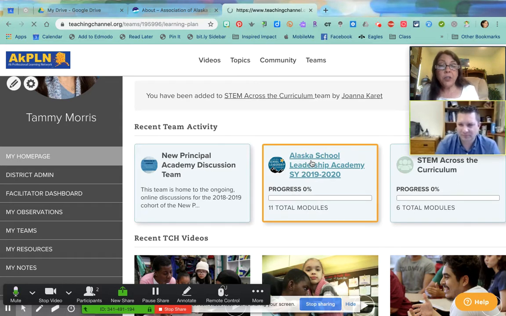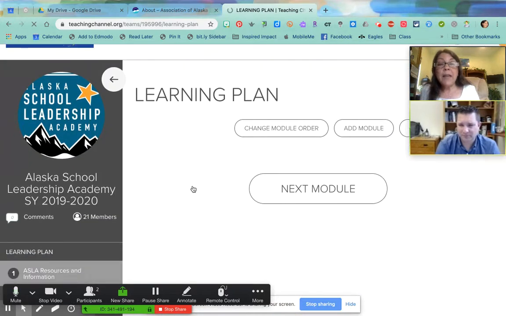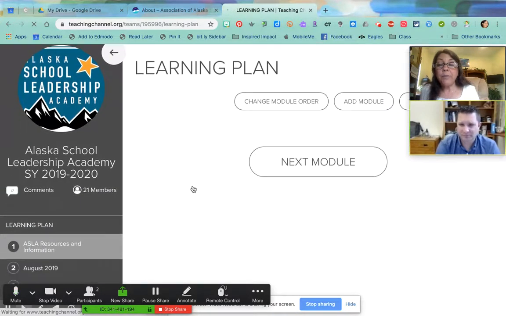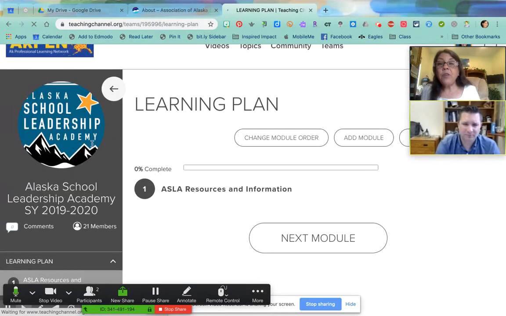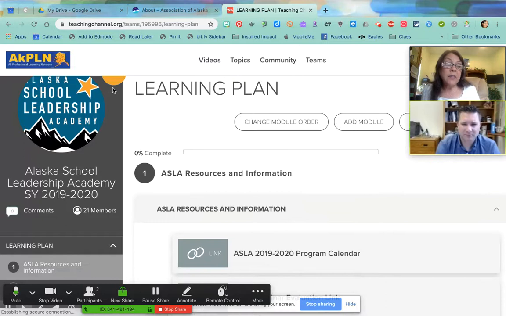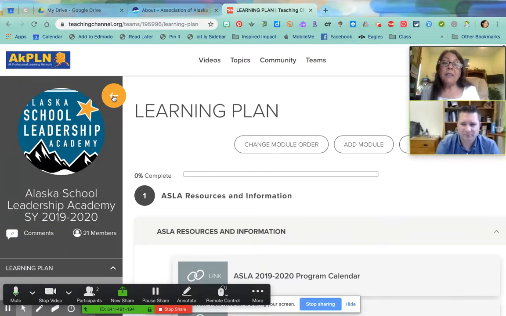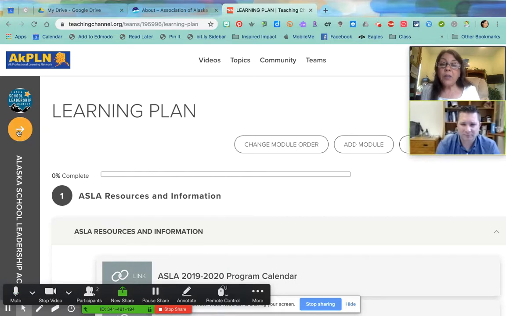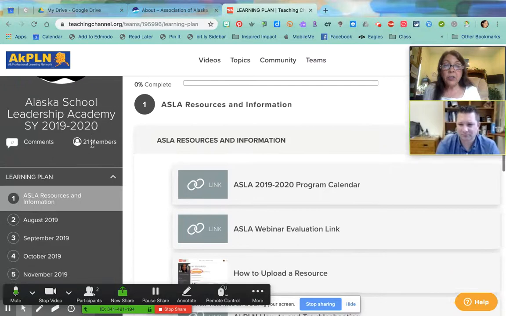And the page that you're going to come to is right at the beginning of the learning plan. Now, take a look at the left navigation bar again. And if you don't see that, notice that maybe you accidentally clicked on this arrow up here. If you click on that, it hides the left navigation bar. And if you click on it again, it shows it. So if you don't see this, make sure it's showing.